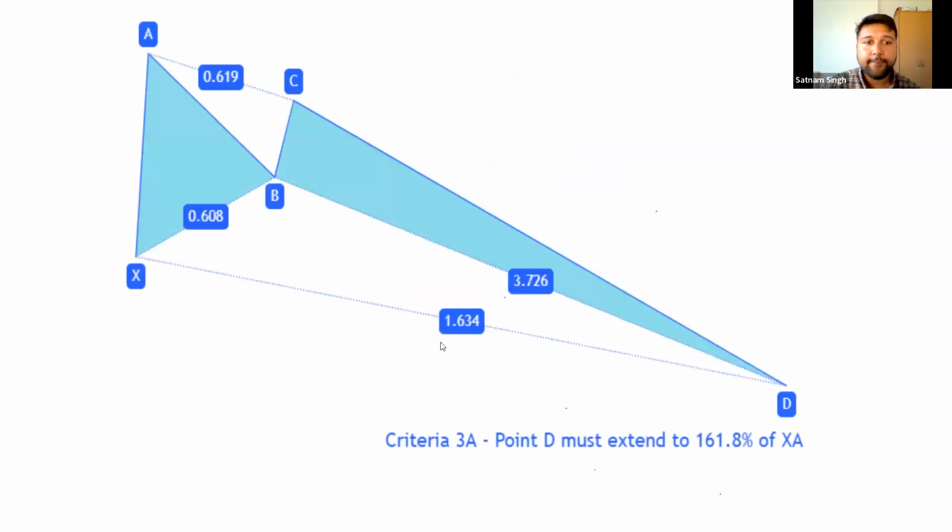Now point D, the thing that makes a crab pattern stick out, or for example, the main characteristic for a crab pattern, is that long C to D move. It is the long sort of, if you want to call it a leg, that extension point. So what we're looking for in point D, so criteria 3A, it must extend to